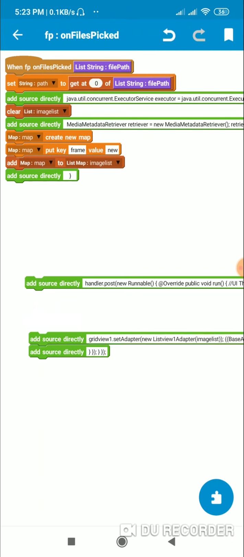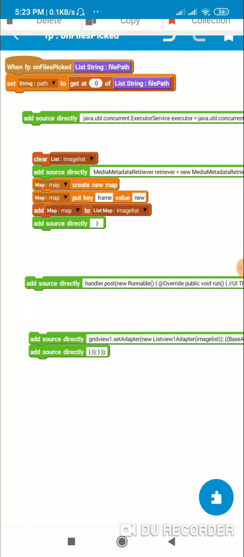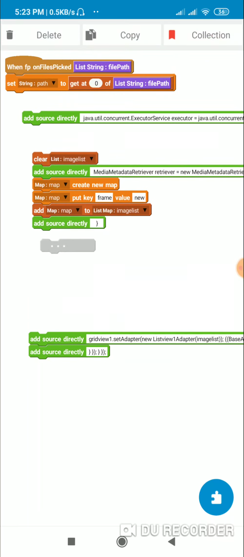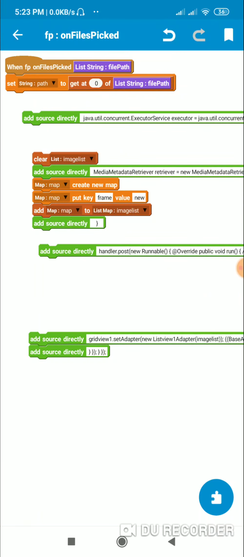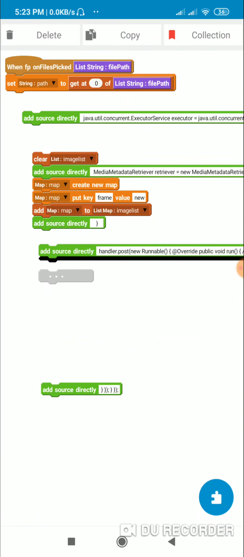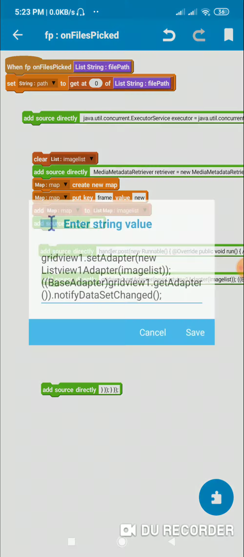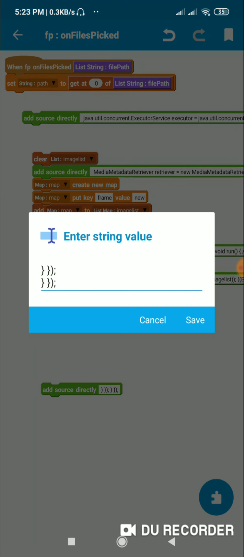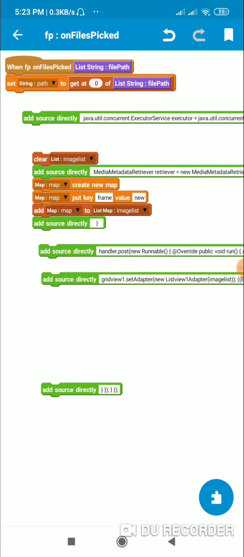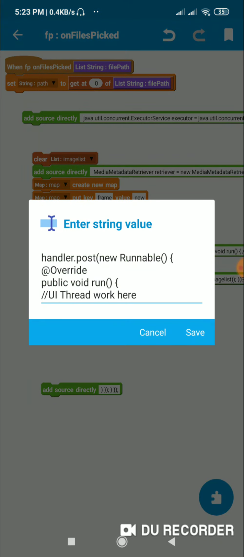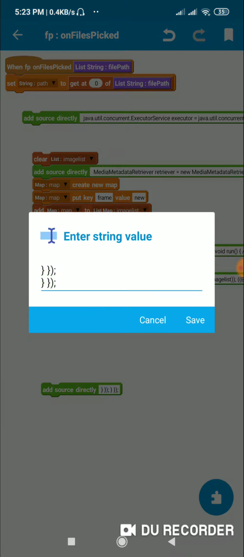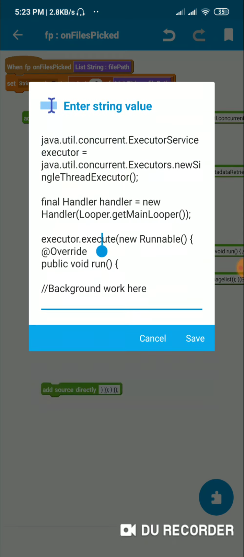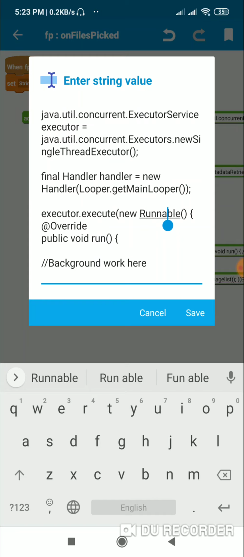So first I put this code, then I perform the task in background, then I put this code, and after this I display the frames in grid view, and then I close this. The first closing will close handler.post new runnable, and the second one will close this executor.execute new runnable.